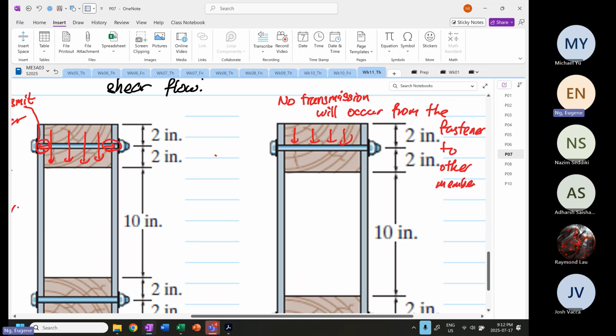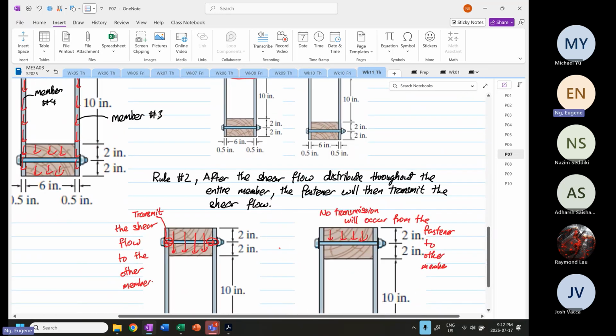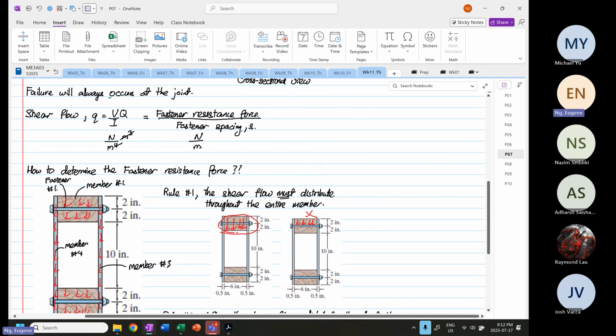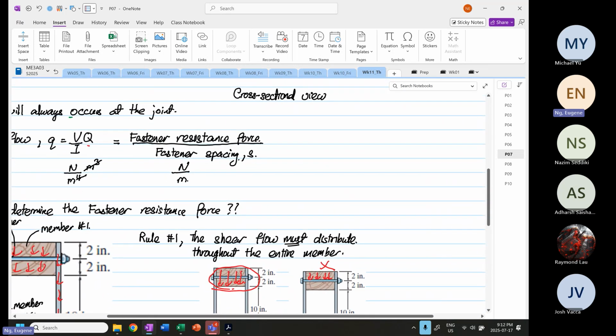Why is this important? Because this will determine why these rules are critical. If this is critical, then you know what first moment of area to take. If not, you will not know. Are we clear? If not, you will not know at all, unfortunately. Okay, so now,